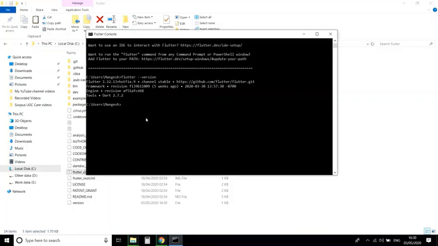Along with this, one command is there called doctor. That doctor command checks the health of our Flutter setup. So here I am going to use the command flutter doctor and enter.